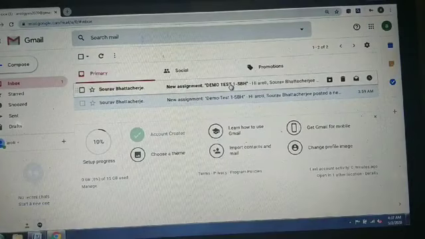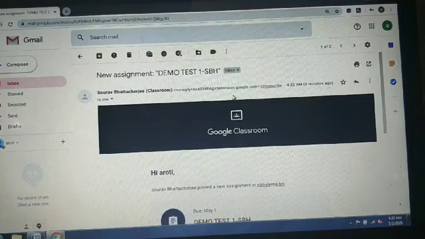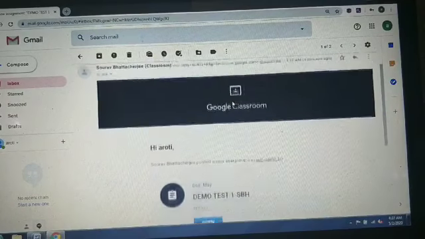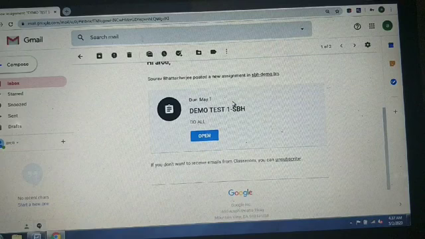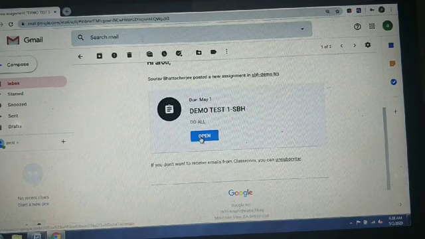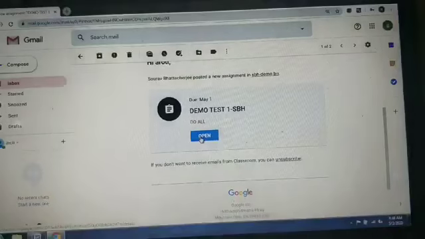You just press this one and then scroll. Second step, press open.